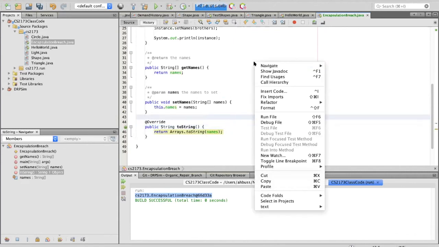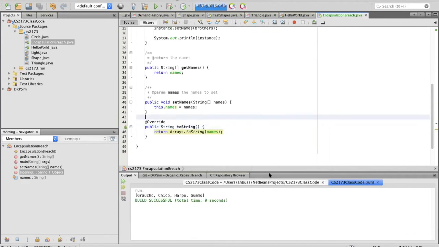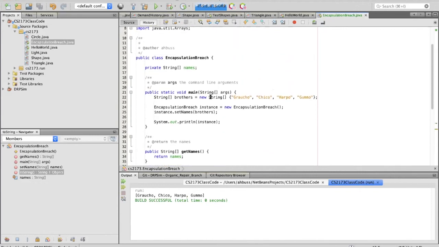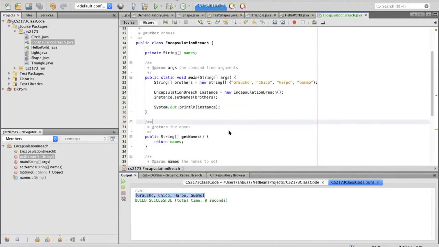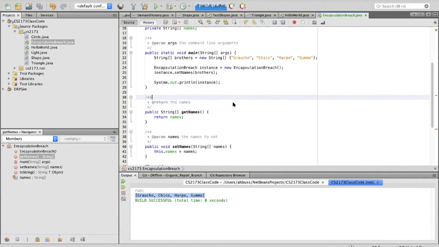Now when I run it, when I print the object, I see what I got there. So everything seems to be fine, right? So here's what I did.